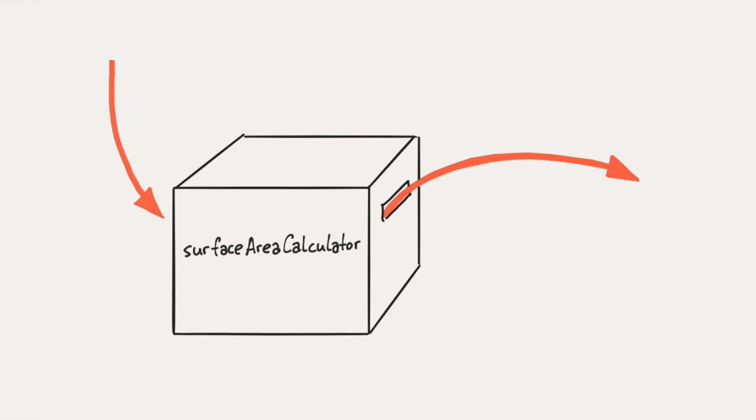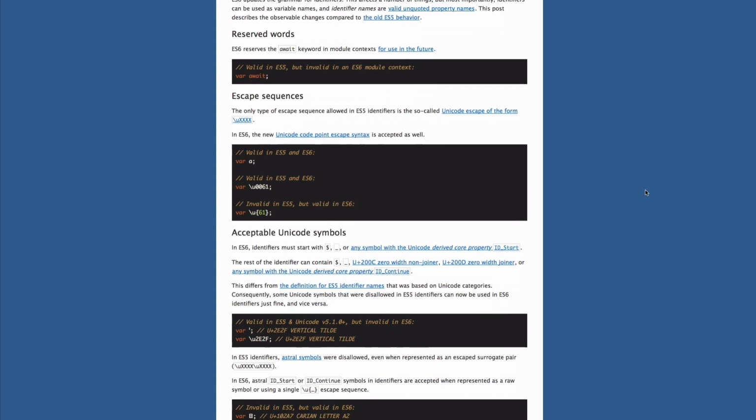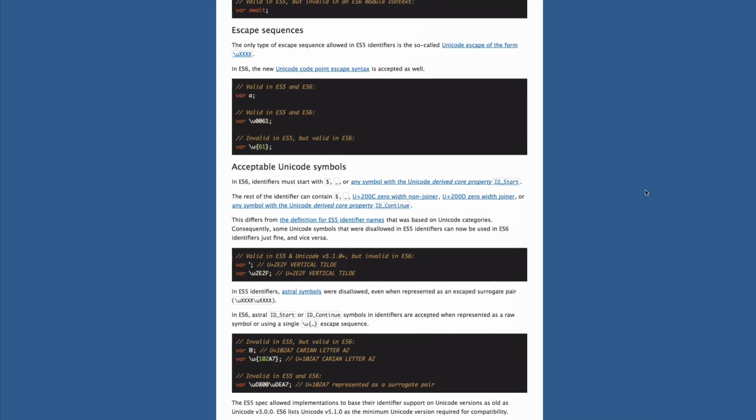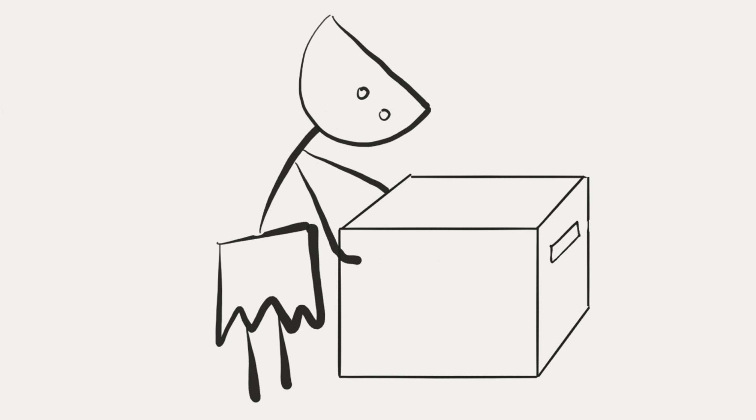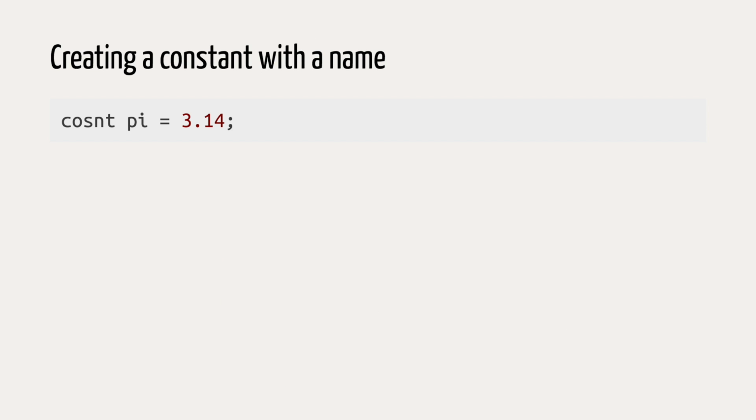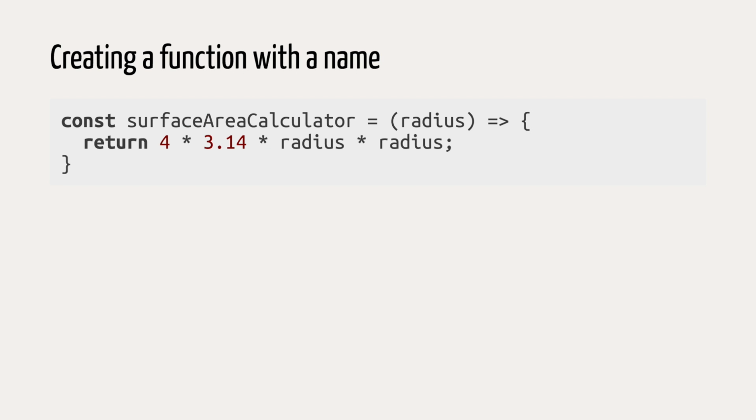Now we need to give this function some name so that we can call it by name. I want it to be surface area calculator, but you can give any function any name. There are certain rules, like the name cannot have spaces in it, and you cannot use some special words like const, for example, but otherwise you can call your functions and your constants as you like. We already know how to give numbers a name by creating a constant. It's exactly the same way with functions. Const, the name you want, the equal sign, and then goes the function itself.